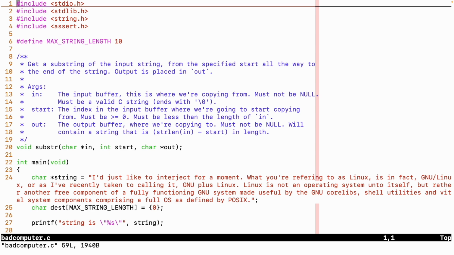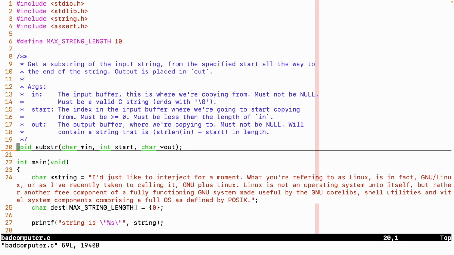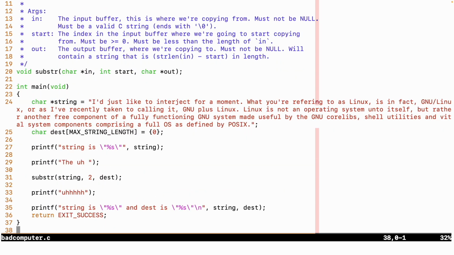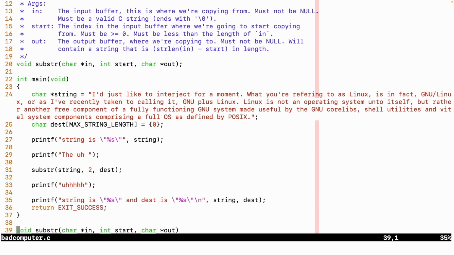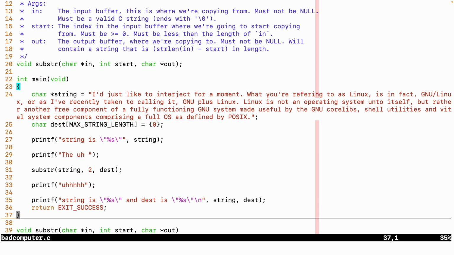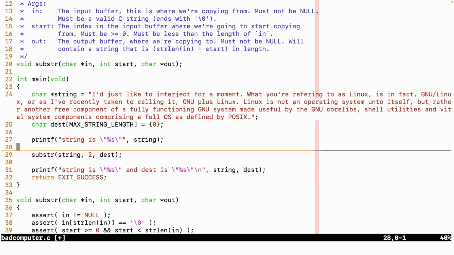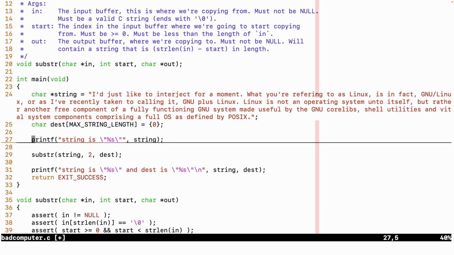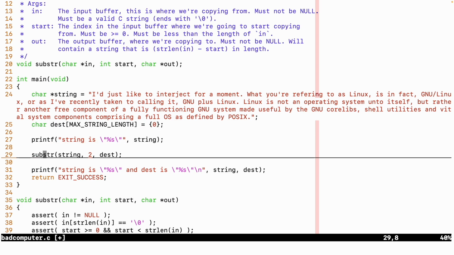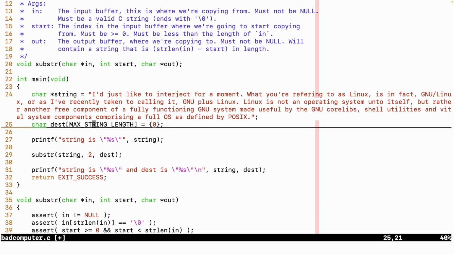So this is bad computer. It has a substring function and a main function that copies a substring of this really long string to another and then attempts to print both of them. I think I'm going to remove a couple of these print statements so I can add them back later, pointing out what happens when I add each. So at first it prints out the string, and then it copies the string starting at index 2 into the destination buffer, and